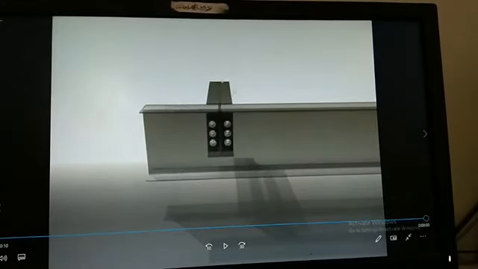So the difference between the earlier video and this video is that the depth of both beams is the same in the earlier video, but here the depths of the beams are different. So this is a major beam and this is a minor beam. So you can see the depth variation in both the beams.